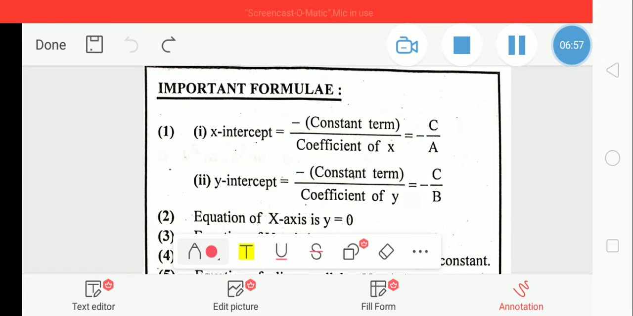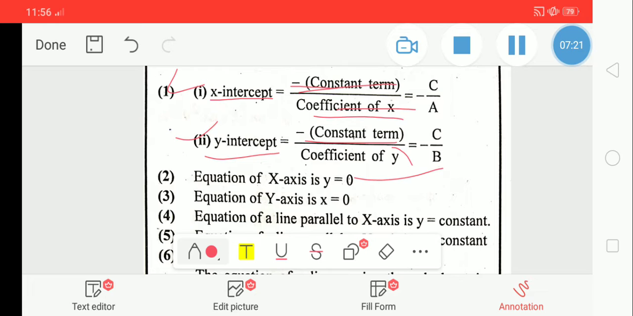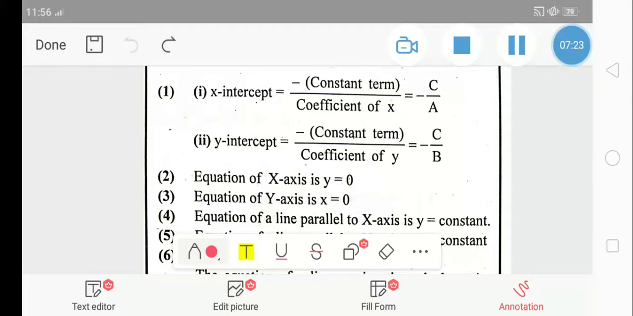Now another formula, that is x intercept and y intercept. For the x intercept, we use minus constant divided by x coefficient, and for the y intercept, we use minus constant divided by coefficient of y. The equation of the x axis is y is equal to 0, and the equation of the y axis is x is equal to